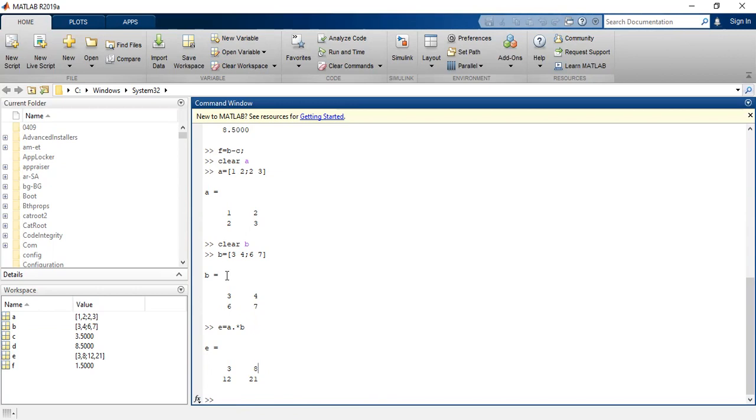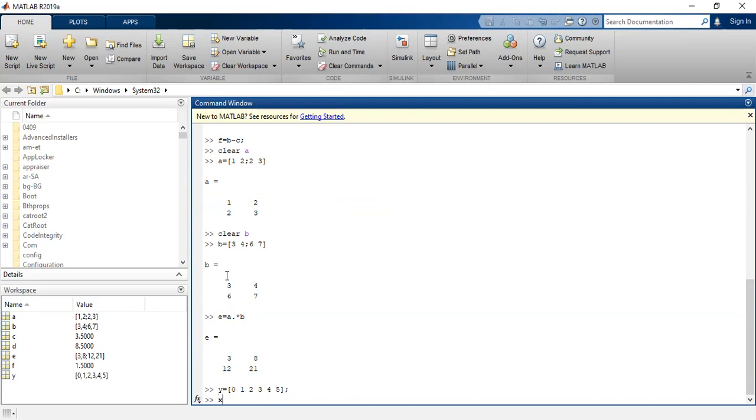In case I also want to plot a graph, for instance, I am defining a variable y equals 0 1 2 3 4 5, and x equals, for instance, 0 1 3 5 7 9, and I want to plot these variables.